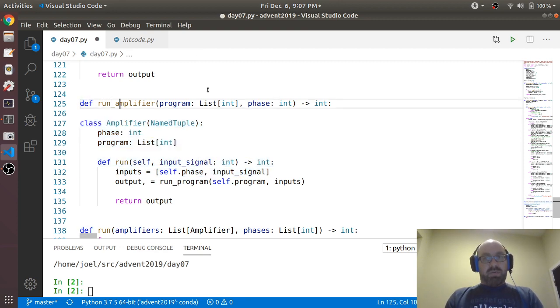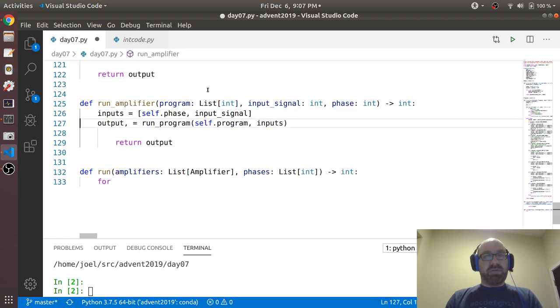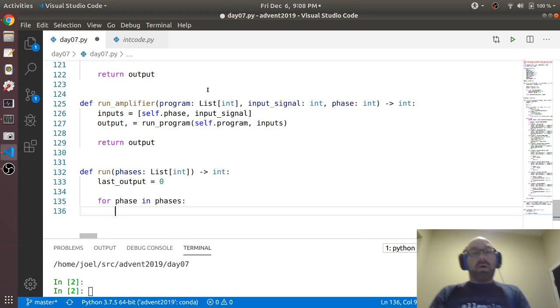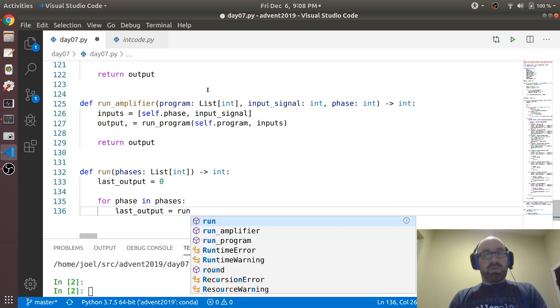And run amplifier program, input signal, which is an int, and a phase, which is an int. And I'm just going to say inputs equals self.phase input signal, output comma equals run program, and then return output. And so now I don't even need to keep track of these amplifiers. I can just say run with these phases, and let's say last output equals 0. And so for phase in phases, what I can do is I can say last output equals run